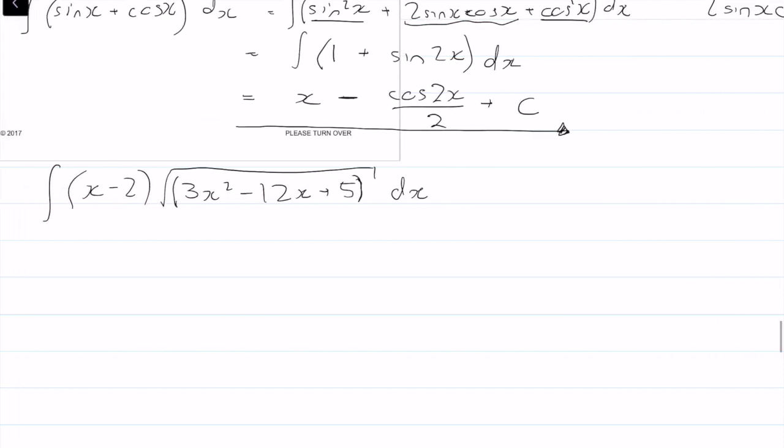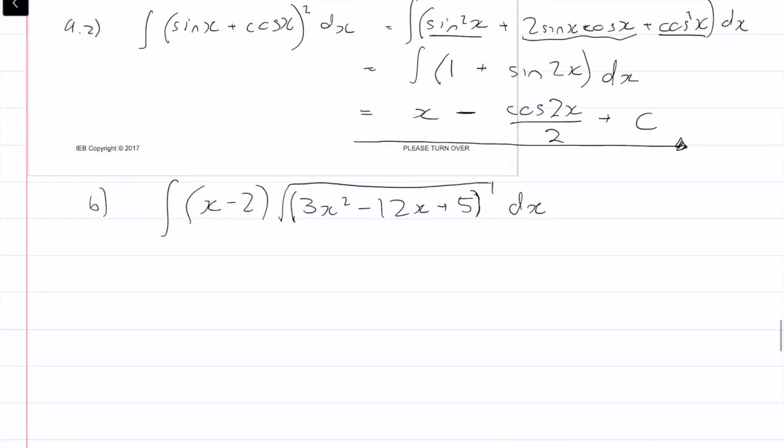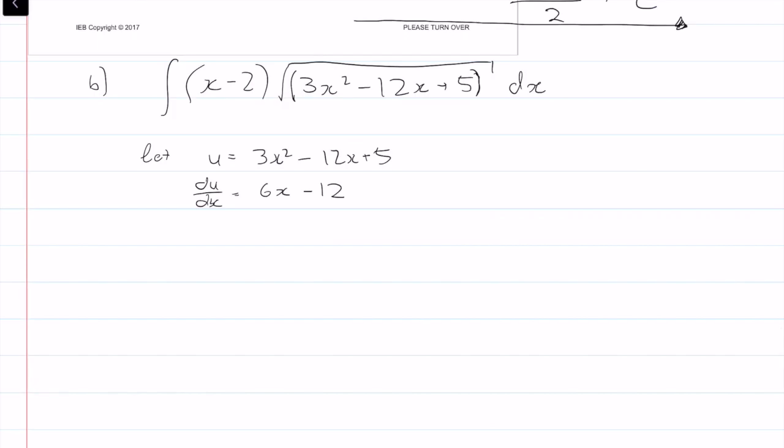So for this question, let u equal 3x² − 12x + 5, then du/dx, or the derivative of u in terms of x, is equal to 6x − 12. But a more useful way is to pull out a 6, so then du/dx is equal to 6(x − 2), which is what we have right there. So that means du is equal to